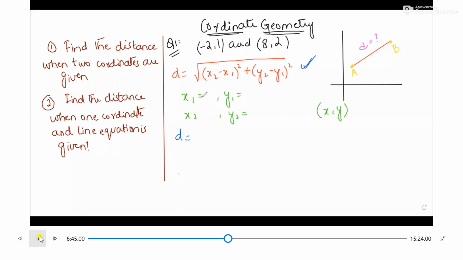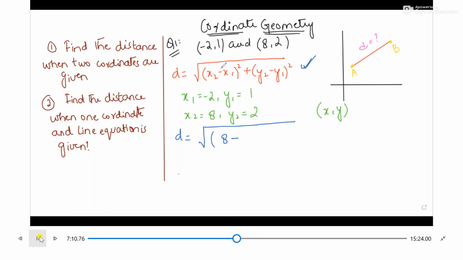First of all, substitute the values, finalize the values. The x1 is minus 2, the value of y1 is 1, the value of x2 is 8, and the value of y2 is 2. After finalization of the values, what you have to do is just substitute the values in the given formula. x2 minus x1, that is 8, minus